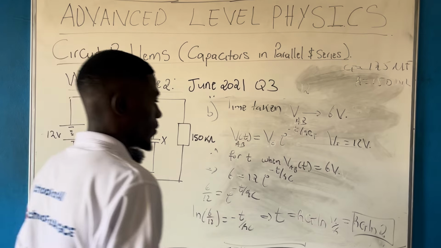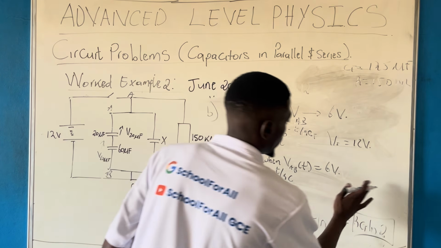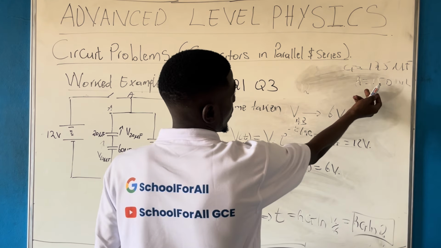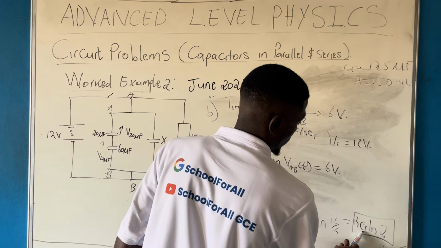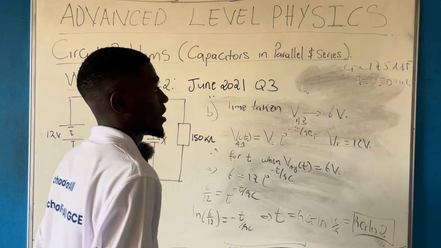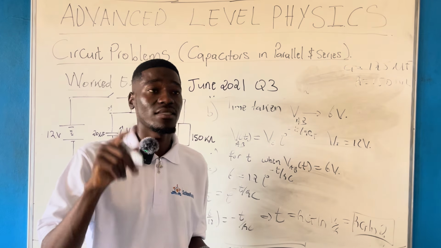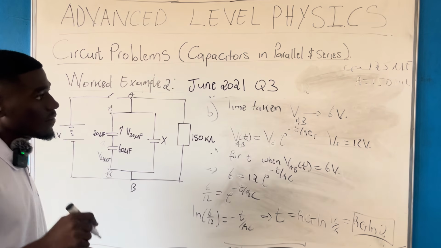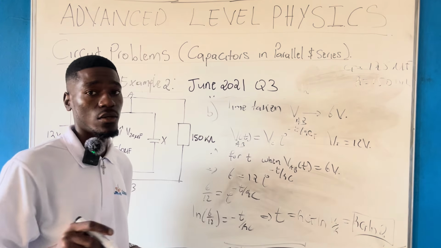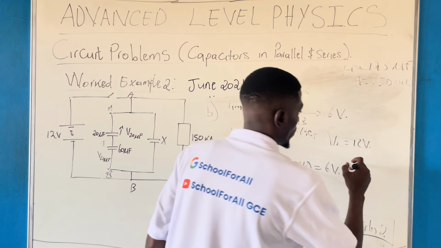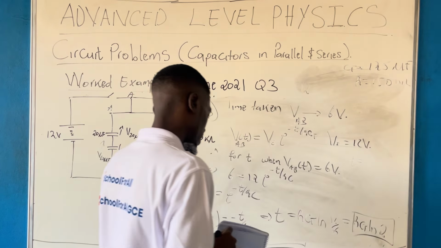So that is the value. After numerical application, by replacing R by 150 kilo ohms and C total by 125 microfarad, remember microfarad is 10 to the negative 6, and kilo ohms is 10 to the 3, you have that your time will be simply equal to